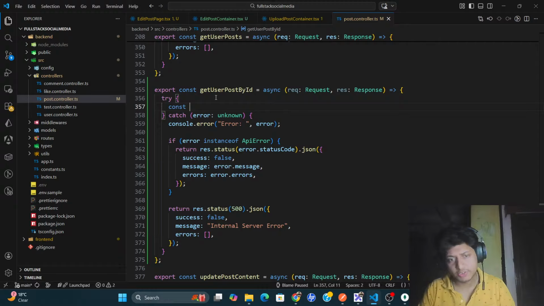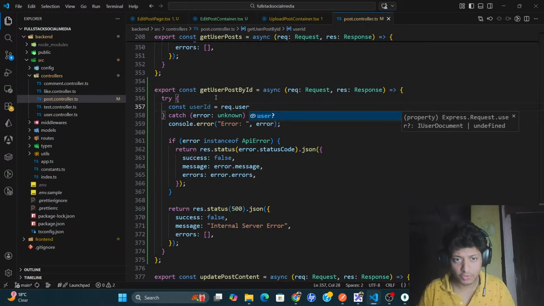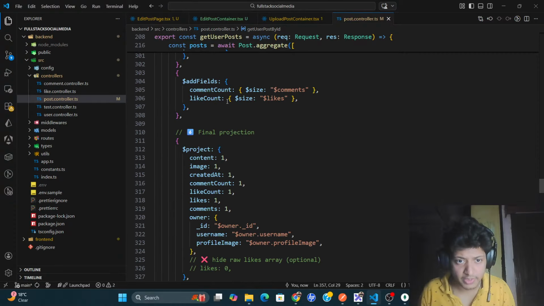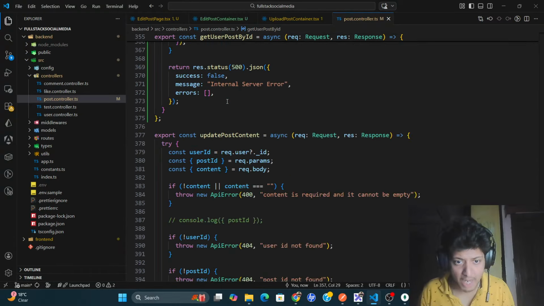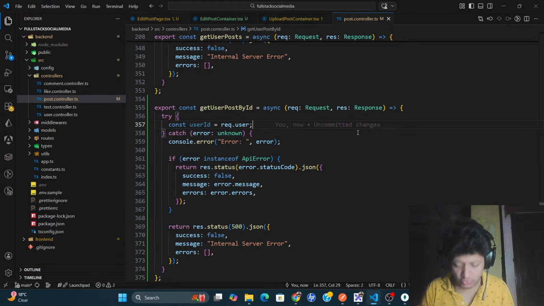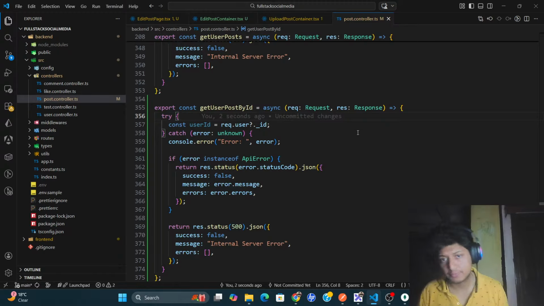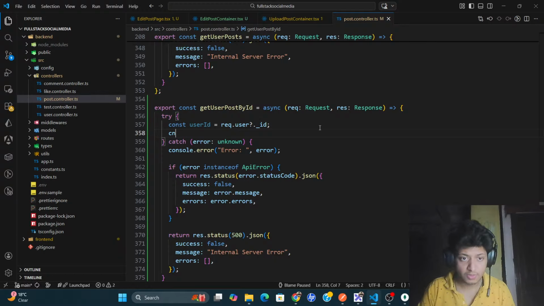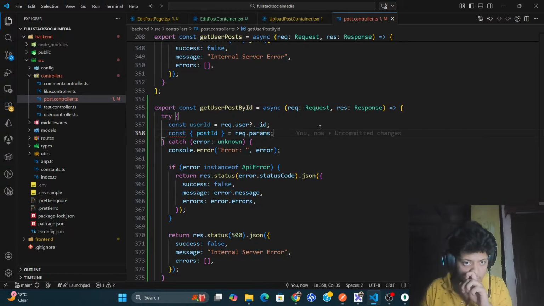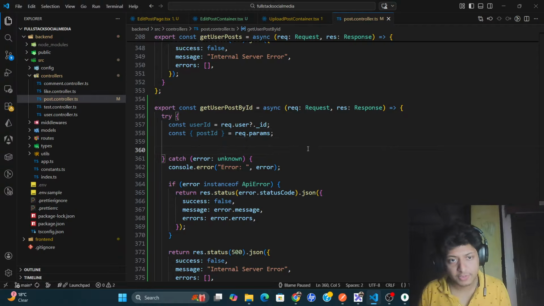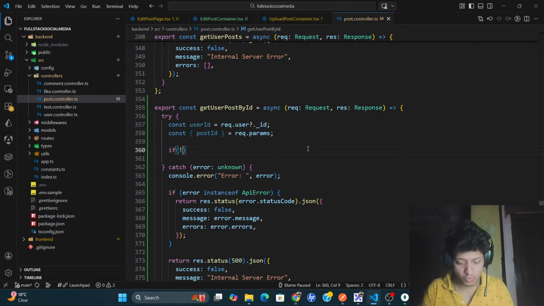So basically I get const userId equals request.user?._id. I got the user id, and then I'll get the post id, const postId equals request.params. I got the post id. What is the issue here? Yeah, I got the post id, and firstly if there is no user id,